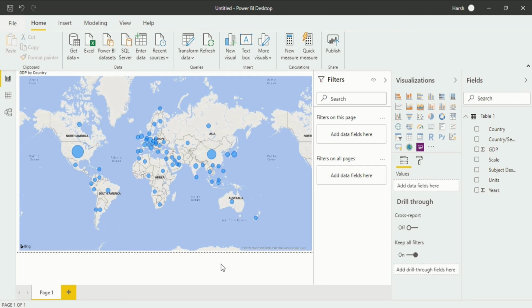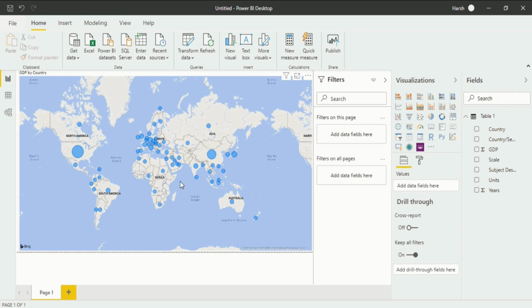We are in Power BI Desktop. So now let's talk about the interface. Basically we have four core areas. You have the ribbon on the top. You have the left column right here. You have the center part where you can see the actual content of each view. And you have the columns on the right side. So basically we have four core areas. First, this one. Second, this one. Third, this one. And fourth is this one, which includes filters, visualization and fields.